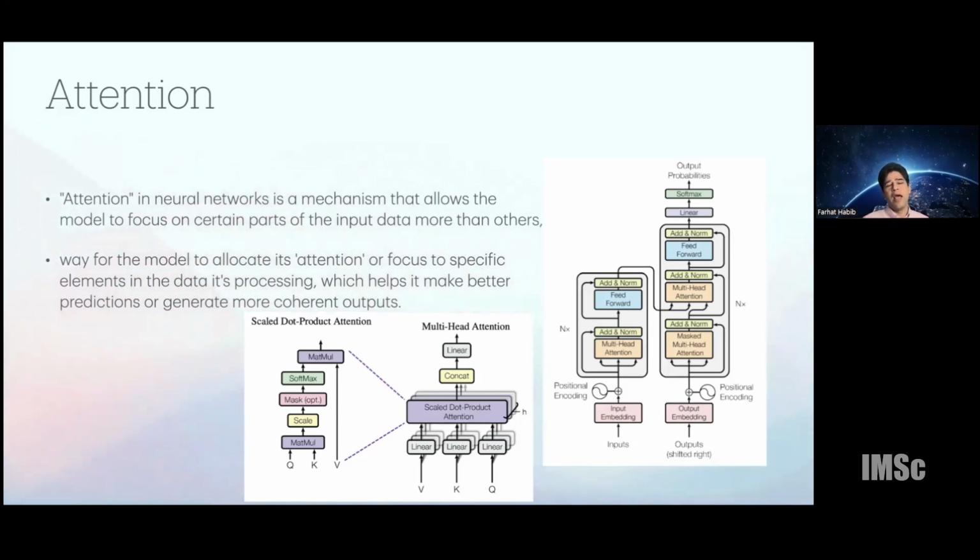Essentially, it was looking at a certain number of data points in the past before it predicted the next state. What attention changed is that these networks could look at the entire data set in one go, and to do that, they use attention to focus on which part of the data being given to them is more relevant for the particular task at hand.